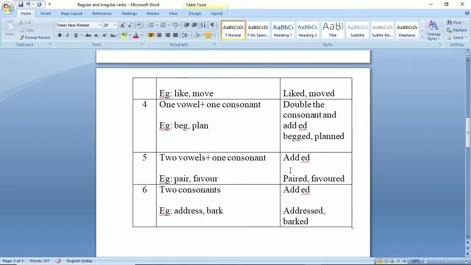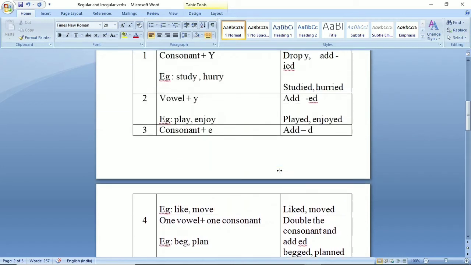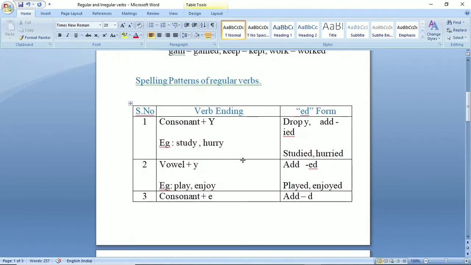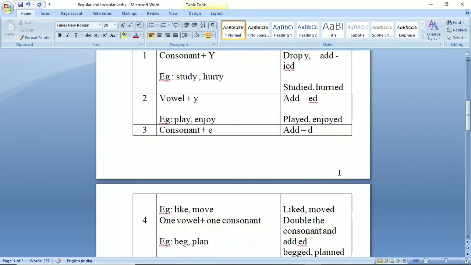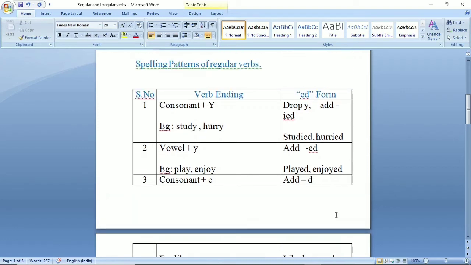Students, there is one thing. When we change the base form of the verb into its past form, most of the time we add ed. You can see there are 4 rules which tell you that we add ed, right? And for IED there is only one rule. You should always remember, when there is a consonant plus y, we add IED, but also remember that we do not keep y. We remove y completely and we just add IED, right?